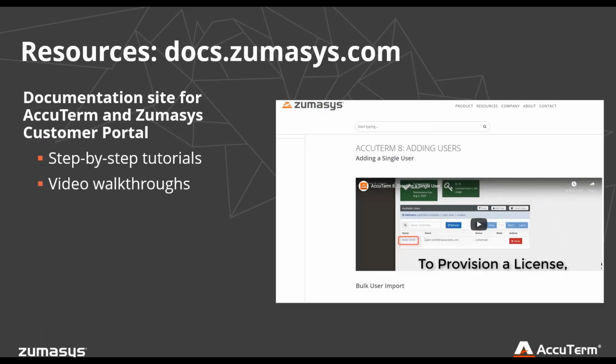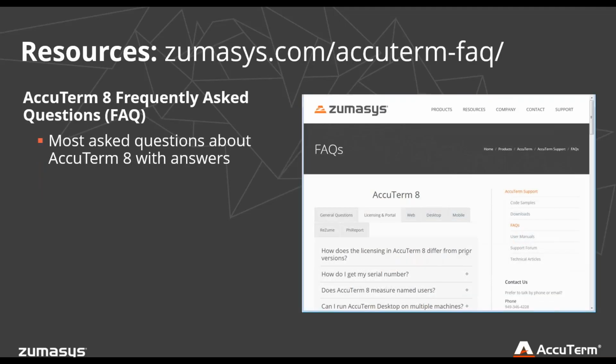First of all, we have resources on the Zumasys website to help you with almost all of these things. I know the customer portal and the licensing are all new. We have tutorials and video walkthroughs at docs.zumasys.com, easy to find and easy to follow. So I really recommend that if you're confused about how to set up your portal account, how the licensing is set up, or other questions you might have about getting things started up, you check there.